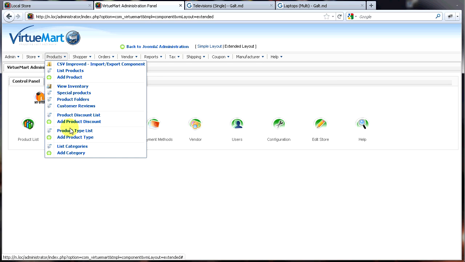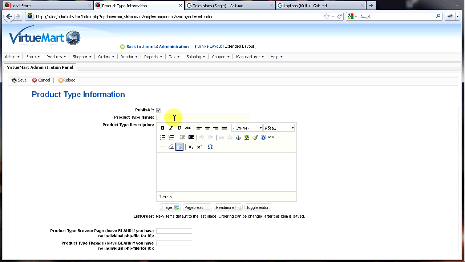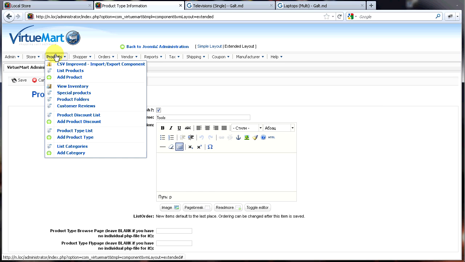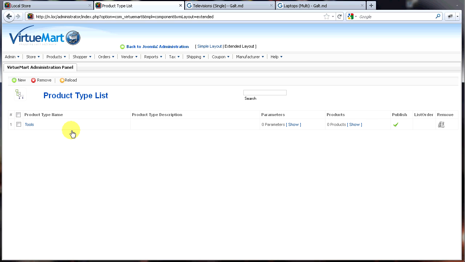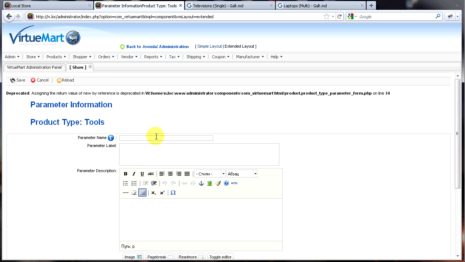We choose products, prototype list, and click new. Let's name it tools and save. Okay, now we go here again and you go to show parameters and click new one. Don't mind the message, it's a PHP one. Parameter name, let's be type, and label type,